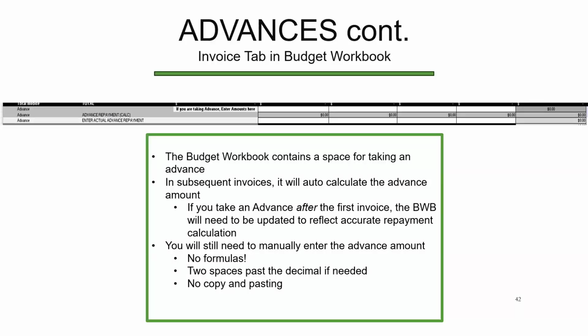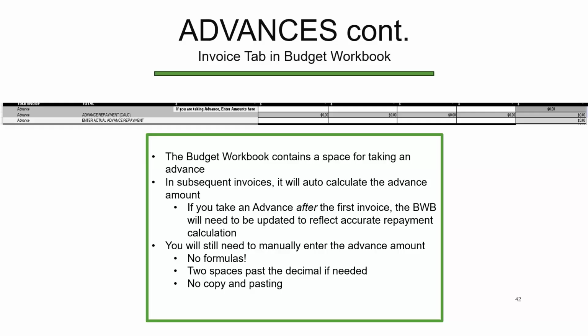So when requesting an advance, enter the amounts on the invoice tab where it says, "If you are requesting an advance, enter amounts here." And then please try to make the advance your first invoice for the cycle if you are requesting one. It helps the average repayment of your advance to stay low on the remaining invoices, as Derek mentioned earlier. And if you request it after the first invoice, make sure that CalRecycle recalculates the workbook